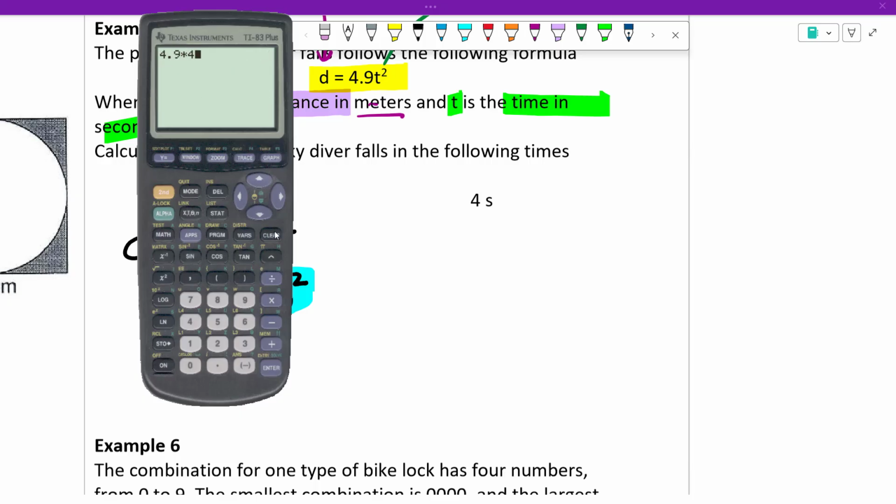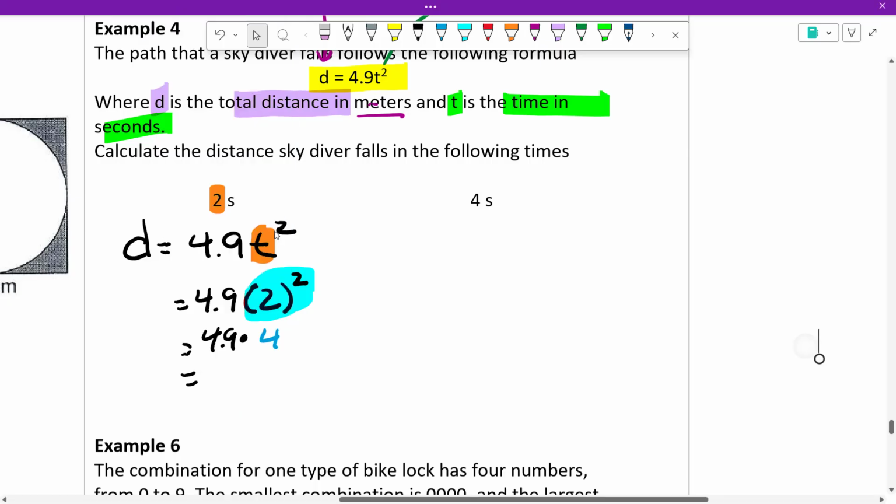4.9 times 4. You got 19.6. Right? And you're almost at full marks. And all you have to do is give a little sentence describing what happened. You say, hey,